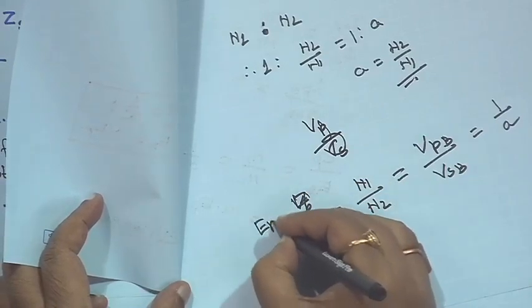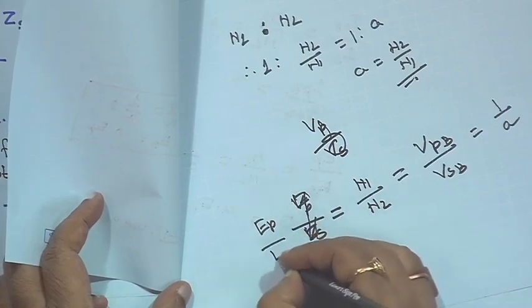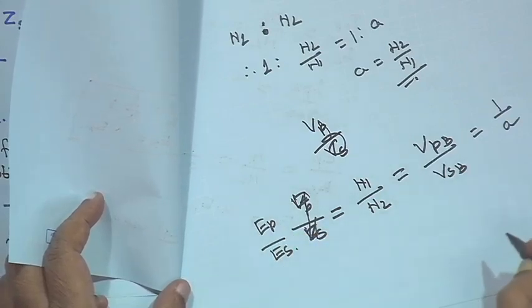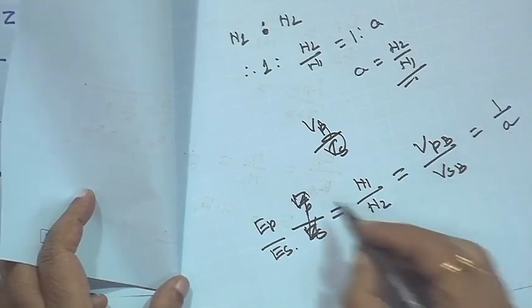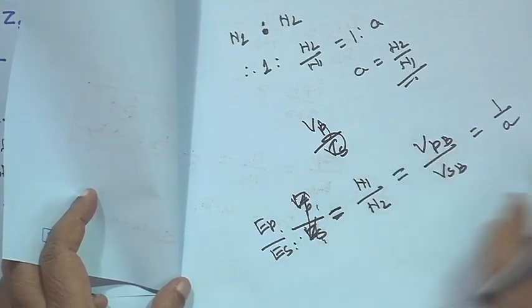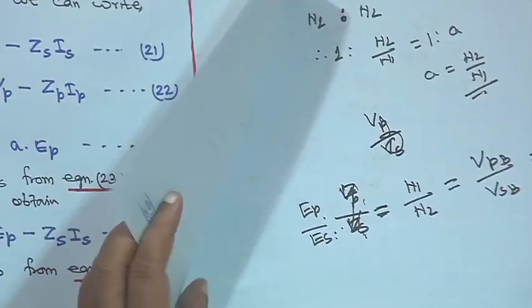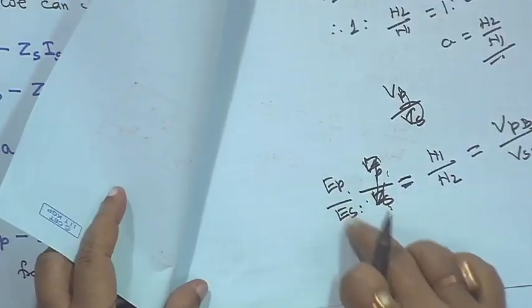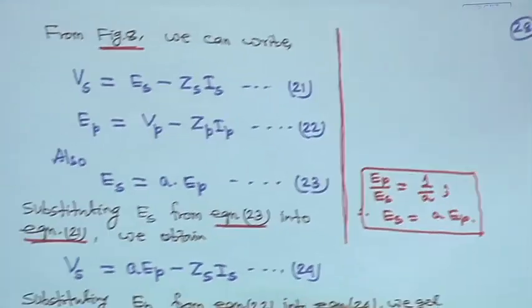Actually I did not look at the figure, it is EP upon ES, right. So that is equal to VPB upon Vs. It is not VP upon Vs, it should be EP upon ES, right, because I did not look at the figure at that time. So it is just EP upon ES instead of VP upon Vs, right. So, this one